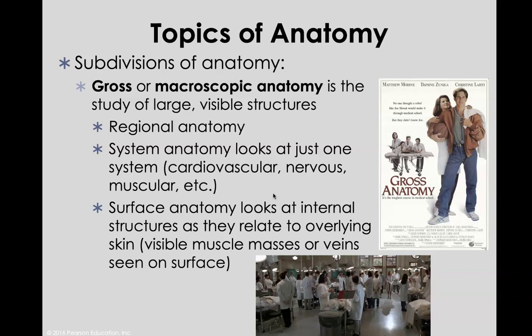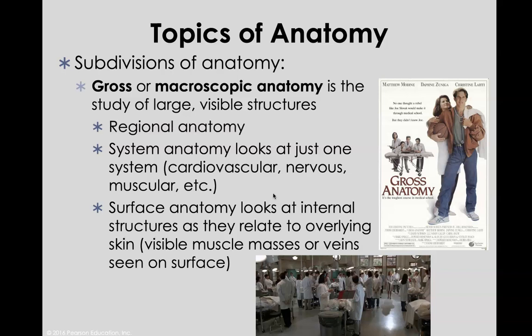And then we can also use surface anatomy to look at some internal structures as they relate to the overlying skin. So we can see certain veins from the surface of the skin. We are going to identify certain veins, and there are certain ones that you would need to know for purposes of venipuncture. And so you can identify those macroscopic veins from the surface of the skin. You don't even have to look internally. So again, that's just one way that we break up anatomy,